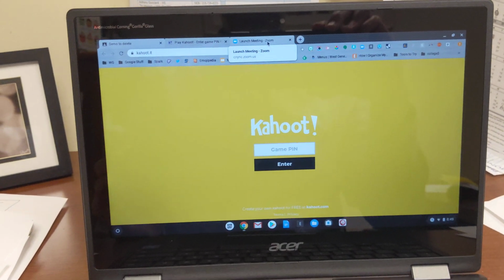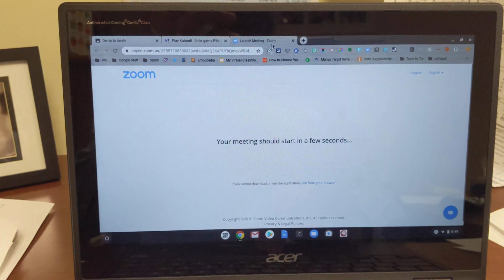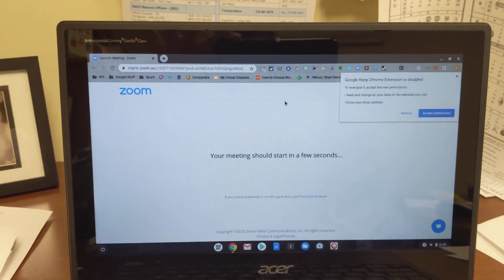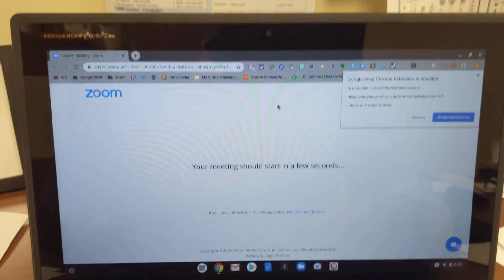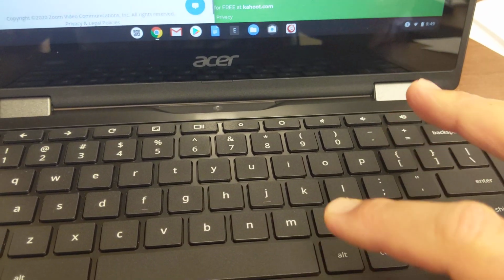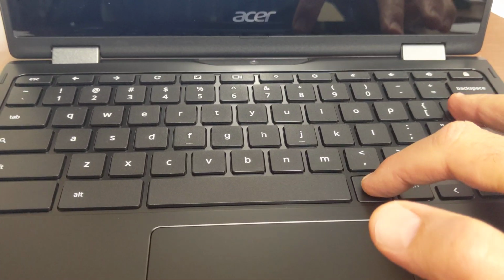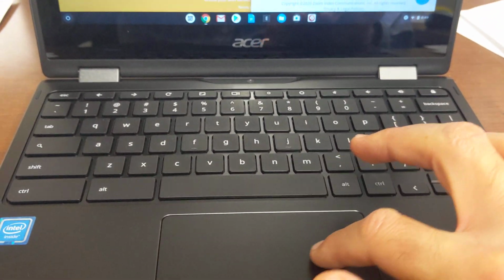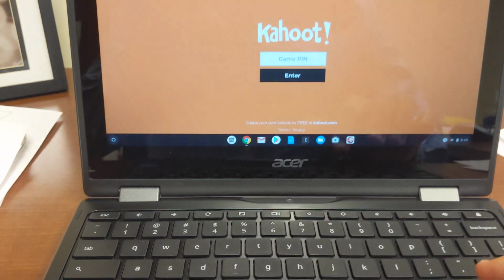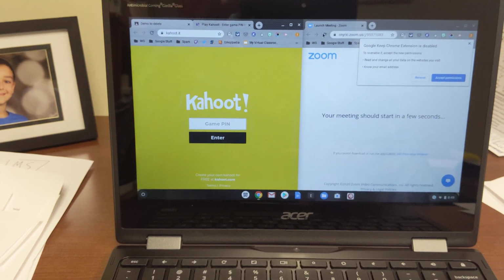If I want to pull just one tab away and then move one browser window to one side and another browser window to another side, you do a couple things here. I'm just going to click and drag this tab so it's its own thing. I'm going to drop it and just release it. And again, with the Alt key and the bracket key, I'm going to go bracket left. What you don't see, I should have gone bracket right, let me try that again. What you don't see is the other tab that's open behind the scenes. And with this tab, again, if I click on it, Alt left, and now I've got two browser windows open